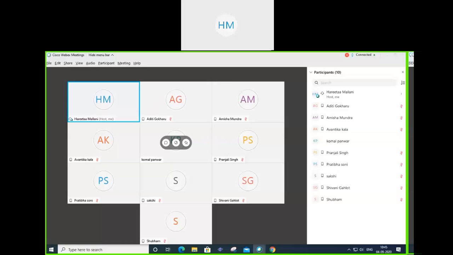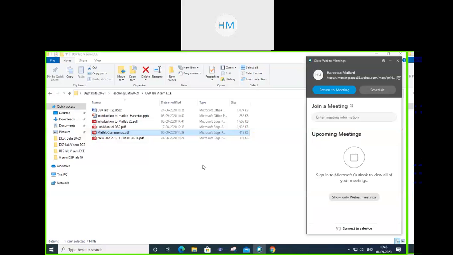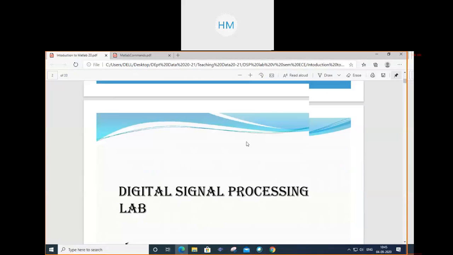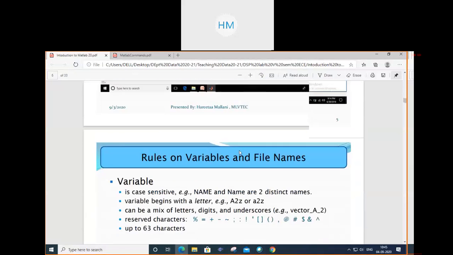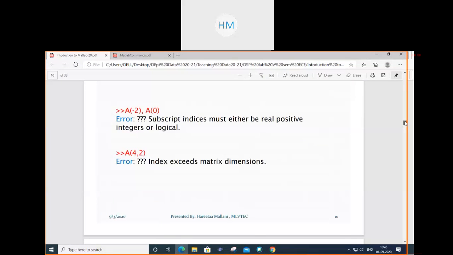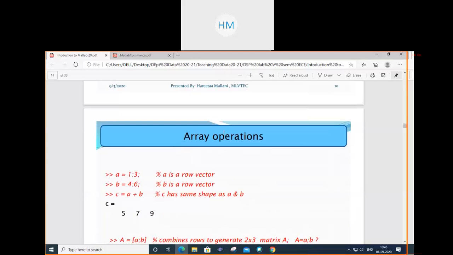In continuation with our previous lab session, we will discuss the remaining portion of the basics of MATLAB, the introduction to MATLAB, array operators.